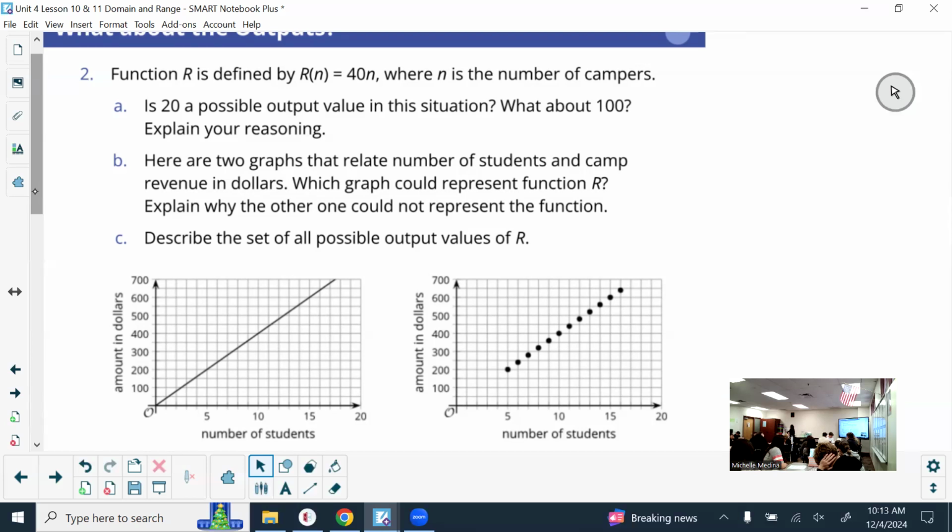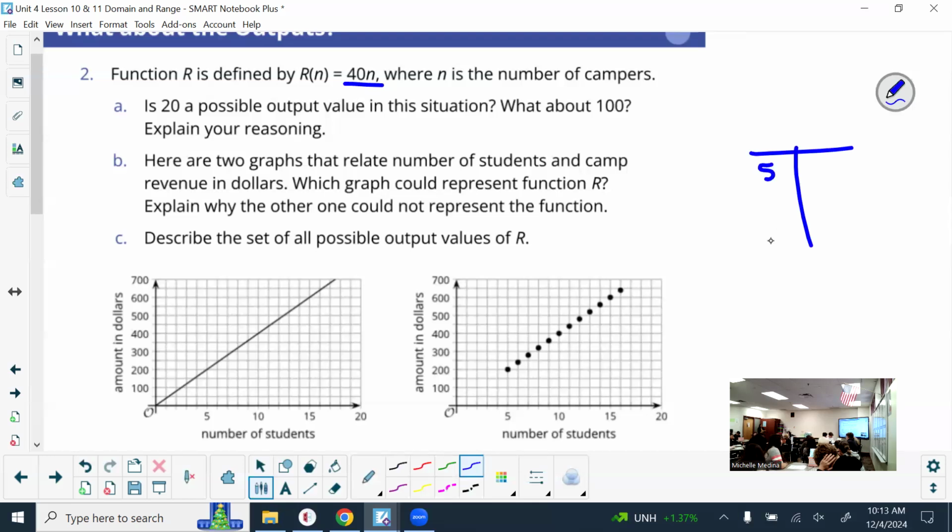I know you can have a decimal of $1, but in this situation, they were charging $40 per camper, and the campers went from 5 up to 16. I'm gonna skip a bunch of numbers, but if this was my input-output table and I'm charging $40 per camper, then for 5 campers, it would be $200. For 10 campers, it would be $400. For 16 campers, I'm not going to do that math right now, but